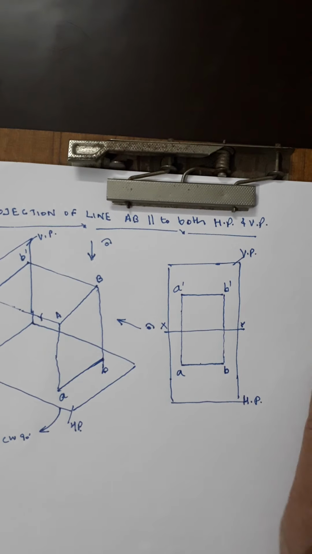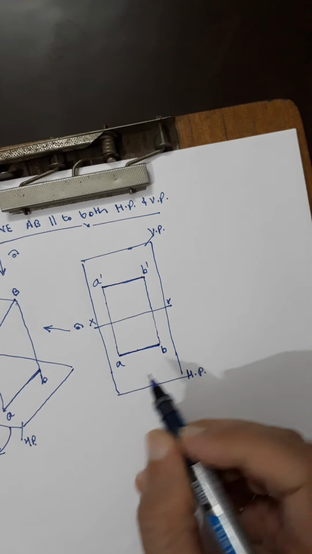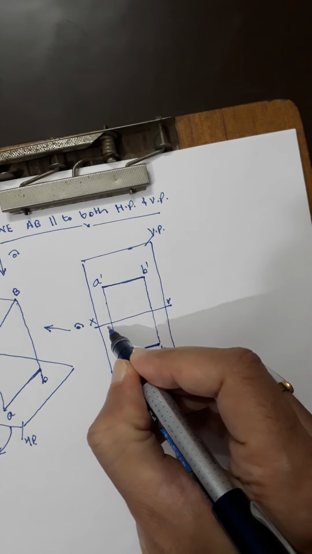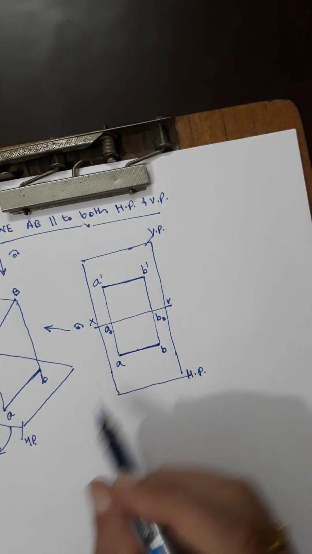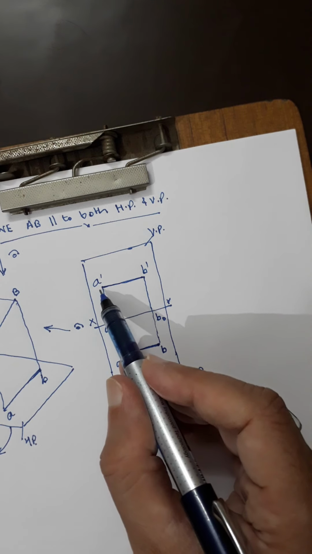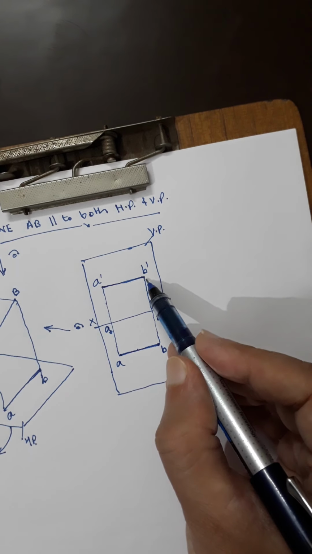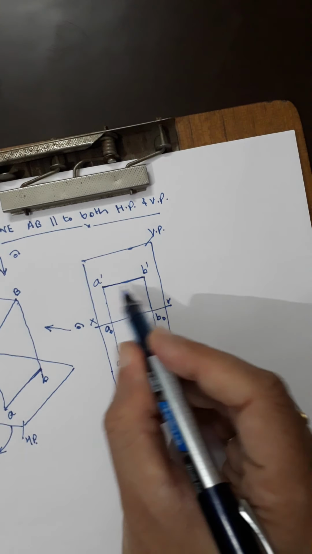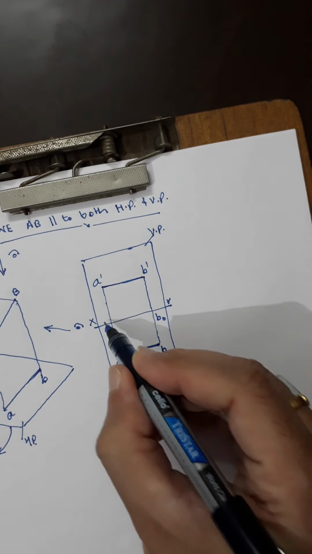You can see here that these two views, the front view and the top view, will be continuous thick, whereas the projector lines joining them will be continuous thin. You can also add A naught and B naught. This is simply by two points. If you join two points, A dash and B dash, it will be a line. This is the front view of point A, this is the top view of point A, this is the front view of point B, and this is the top view of point B. If you join two points, it will be a line. Again we are using the concept of points. Now what is this distance?